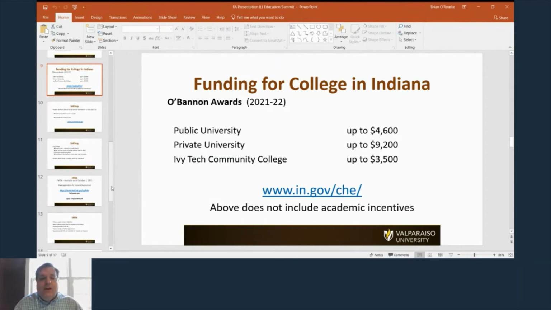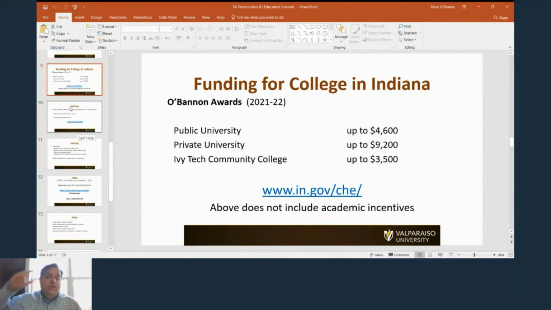If you see there, it depends on your EFC and how close to zero your EFC is. But at a public university, you can qualify for up to $4,600. If you go to a private college or university in Indiana, you can get about $9,200. If you go to Ivy Tech, you can receive $3,500 a year. And then there are additional academic incentives on top of that, depending on how strong you are as a student in